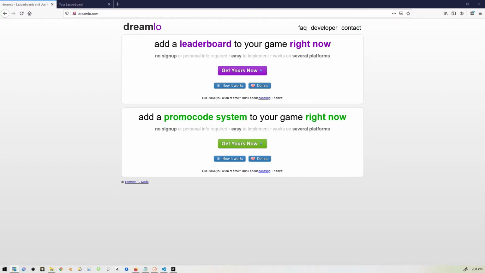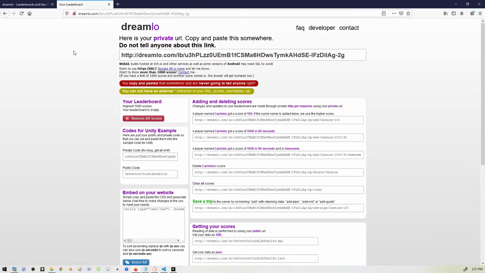So the biggest thing to keep in mind is how many leaderboards you're going to need. So for instance, for my Duck Hunt game, Auducka, I had 4 songs, so I needed 4 leaderboards. So I had to go through this process 4 times because you just get 1 leaderboard. So if you click on the Get Yours Now button, you'll be taken to a different page where you get